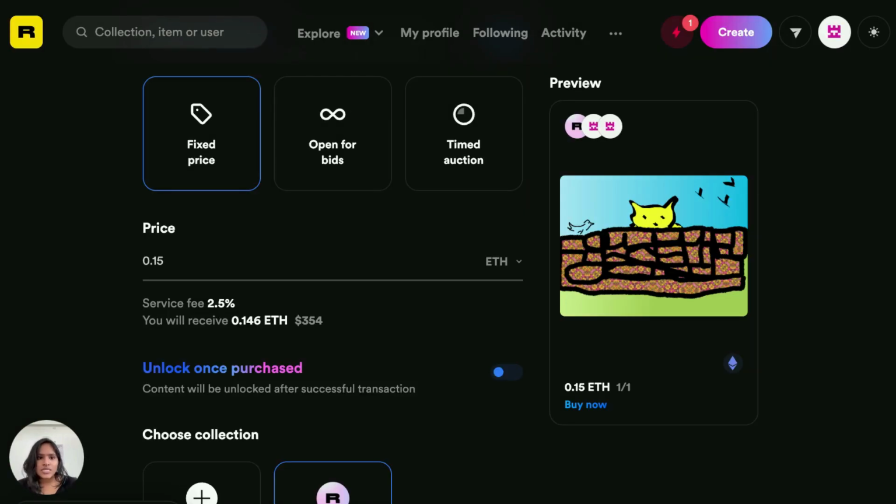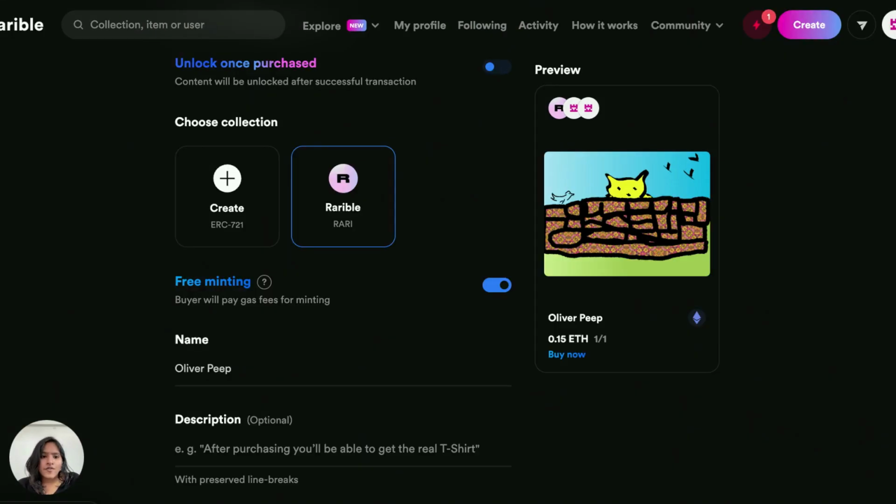What we're gonna do next is scroll down. You can see, you can put a fixed price, you can do open for bids, you can put timed auction or anything like that. I'm gonna do a fixed price, and I'm gonna put a price like 0.15 ETH. So here you can see how much is the service fee, which is 2.5%, and how much you will receive. You will receive almost 4.146 ETH, which is around $354, right? So you can put in your price for your artwork,